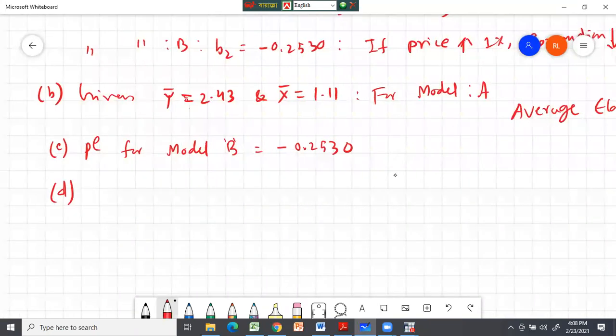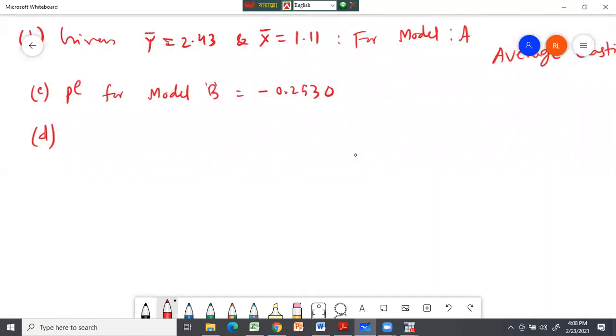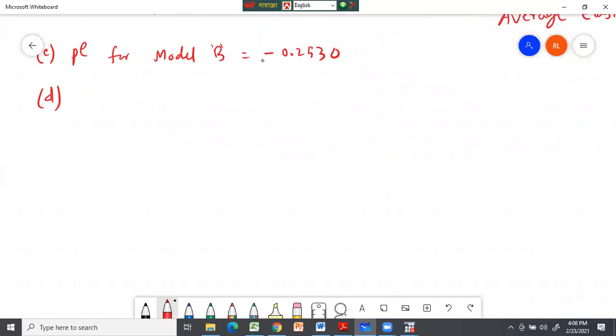সেটা পার্সেন্টেজ চেঞ্জ ইন ওয়াই ডিভাইড বাই পার্সেন্টেজ চেঞ্জ ইন এক্স ওভার বের করতে হবে না? দেওয়াই তো আছে, -0.2530 দেওয়া আছে না? আমরা যখন ডিমান্ড কার্ভটা ড্র করি, যখন আমরা এটাতে ইলাস্টিক, ইলাস্টিক,